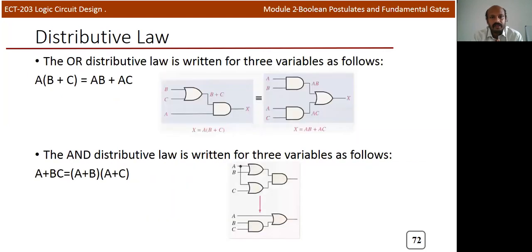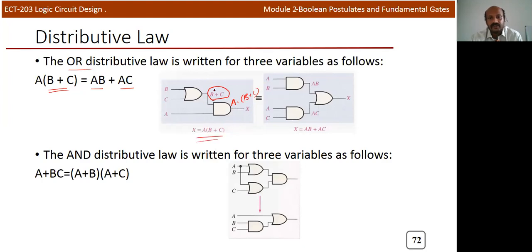Now we'll discuss the distributive law. In distributive law, again, two laws we can discuss. One is A into B plus C. Just like algebra, you can multiply. You will get AB plus AC. So in the first case, it's B plus C, meaning it's an OR operation. Here you can see that it is a B plus C OR operation. Then you need to perform the AND operation with A. So you'll get A AND B plus C. So B plus C, first we will perform by using the OR gate, second the AND operation with A. So you'll get one result.